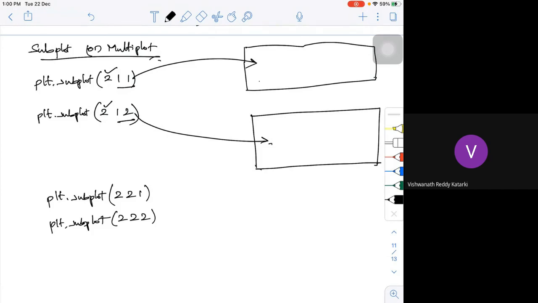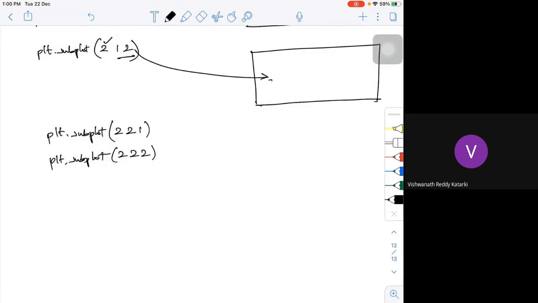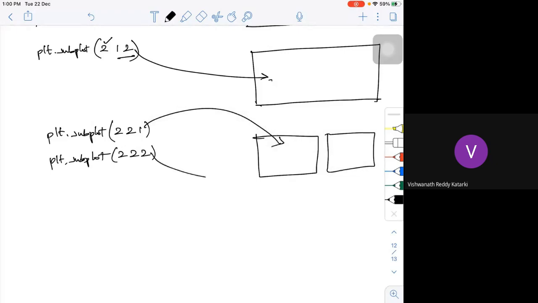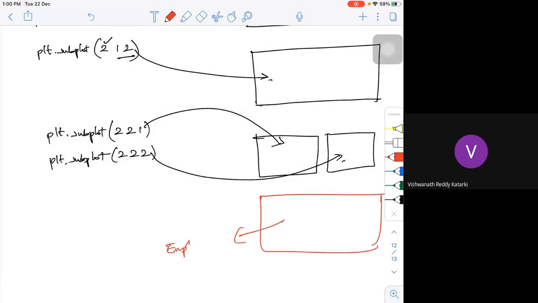Even though I have allocated a space, I'm getting it like this. This plot corresponds to this one, this plot corresponds to this one, and I will be having an empty space here. Even though I have allocated this particular space, I'll be getting an empty space. So I can go for multi-plots, or we call them subplots. This is how you can get it using matplotlib. Whatever functionality we used to get using your MATLAB, I think